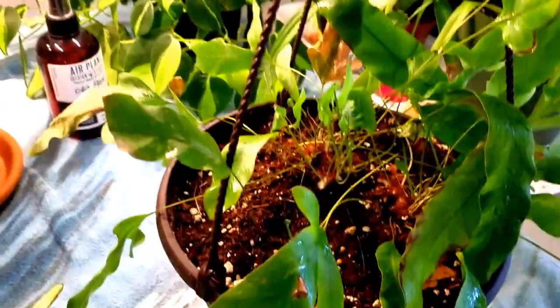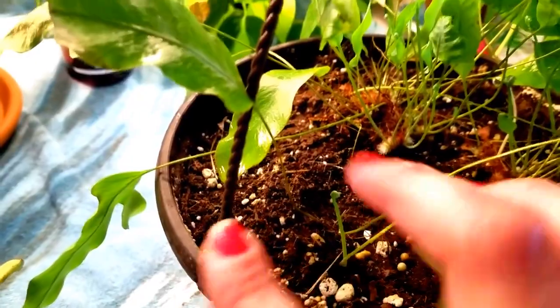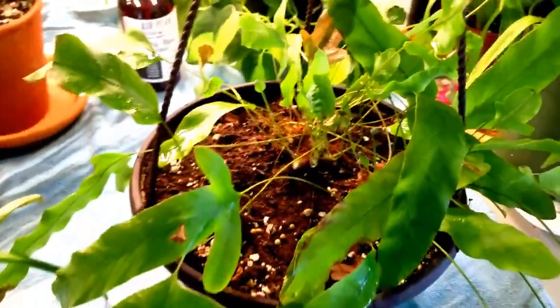It's okay, because I'm going to bring it back to life. Look, new leaf right there, new frond or whatever they're called with ferns. Anyways,